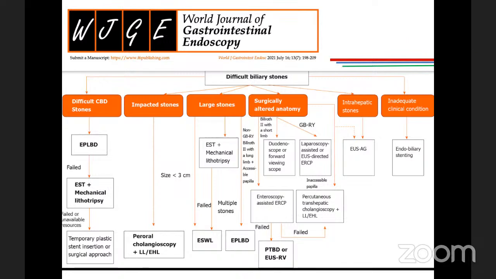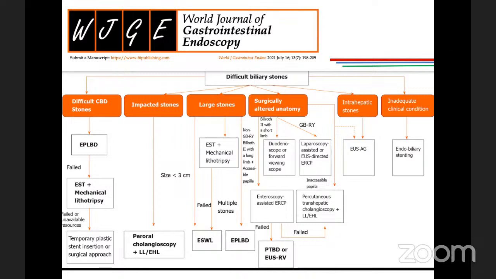And so what is next? On opening the CBD, the entire mucosal cylinder of the CBD came out as a cast. Now, this is a CBD which is bereft of mucosa. We managed to close it. We put in a T-tube, and removed the T-tube after 3 weeks, but I could not follow up this patient for more than 4 years. She was not available for follow-up.